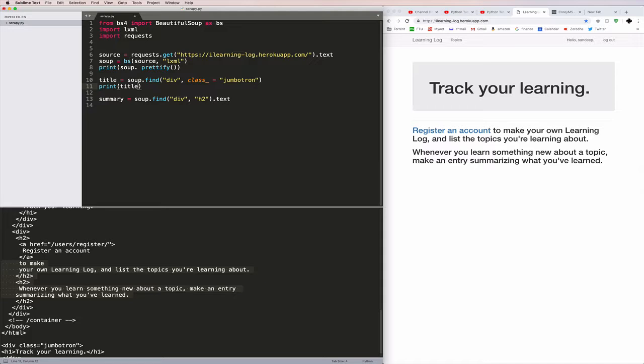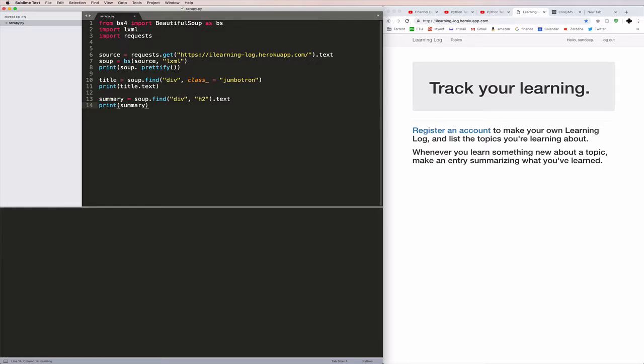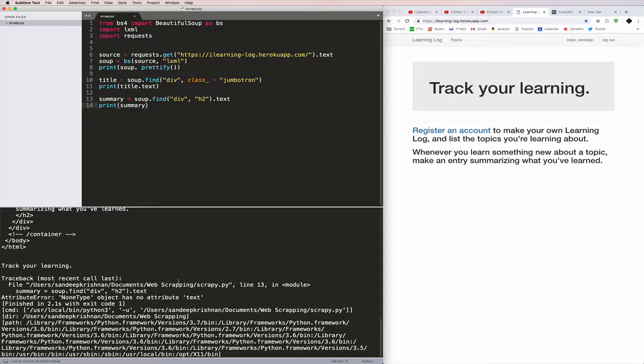And here also I just want to see the text, I don't want to see the tags and all of that stuff. And I'm going to say print summary, and if I say that, then it says track your learning, and